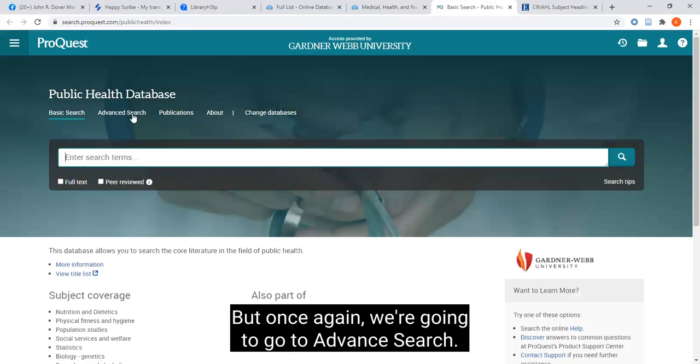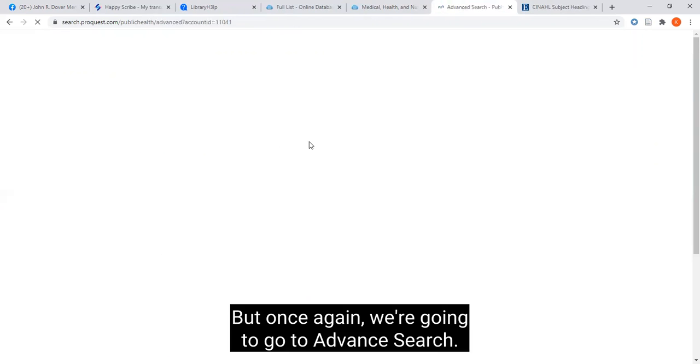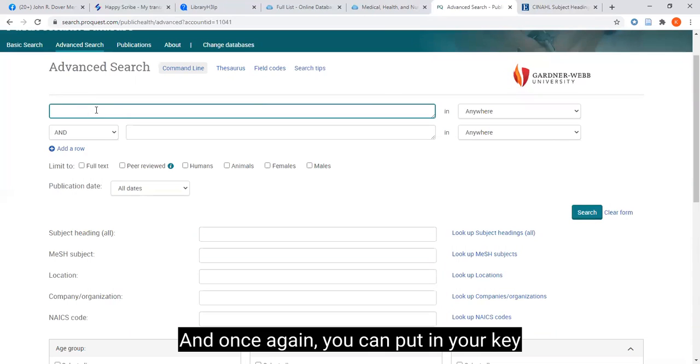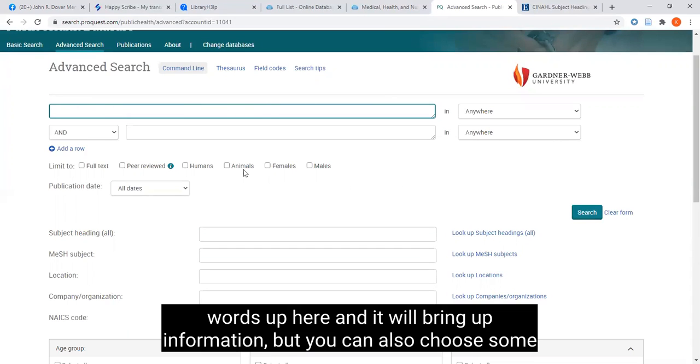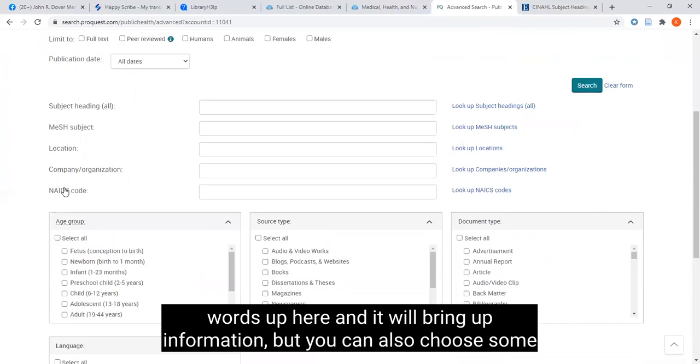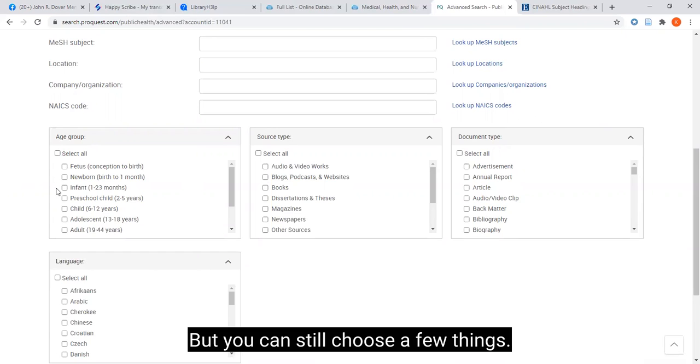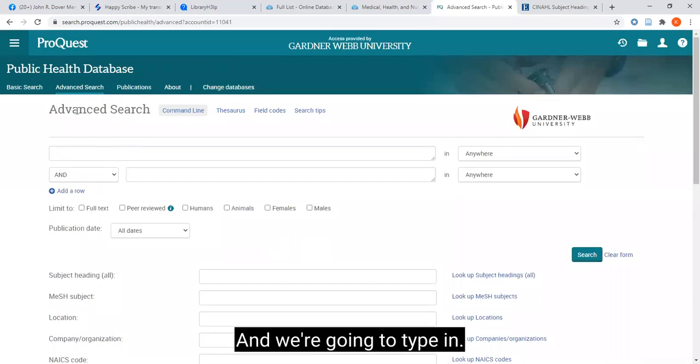But once again, we're going to go to advanced search. And once again, you can put in your keywords up here and it will bring up information. But you can also choose some parameters down here too. And not all of them are as comprehensive as CINAHL, but you can still choose a few things. So we're going to do infants. And we're going to type in